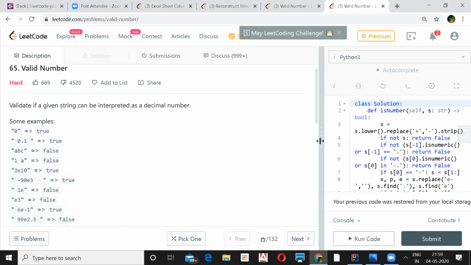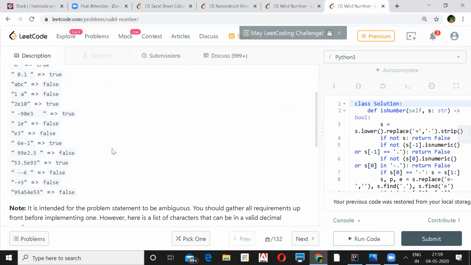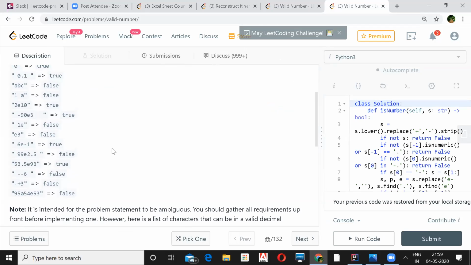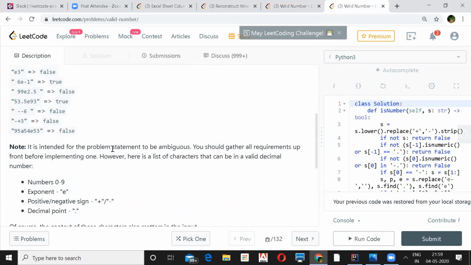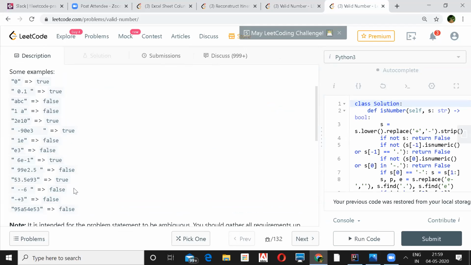For example, if your string has two e's, it's upfront invalid. You cannot have two exponents, right? But it's valid production code, and you should always use it in production, but not in an interview. I think the interview will not accept it.